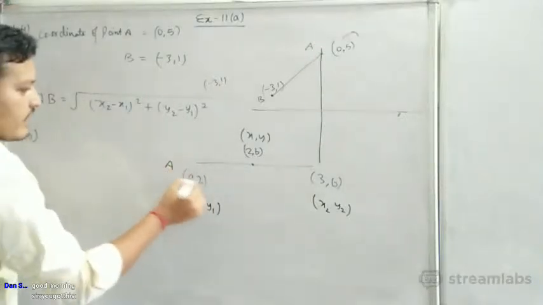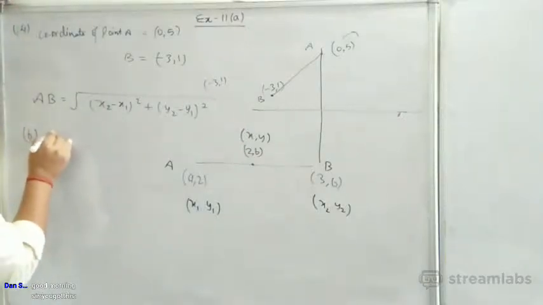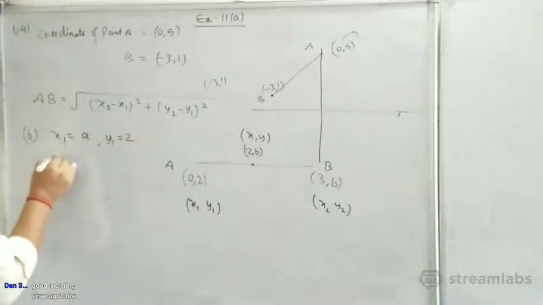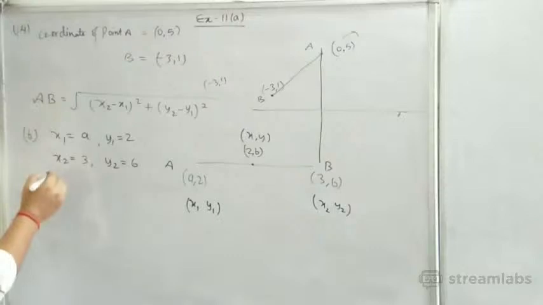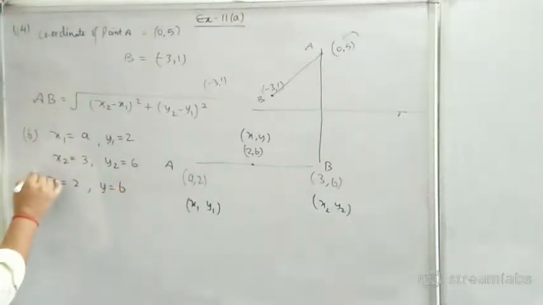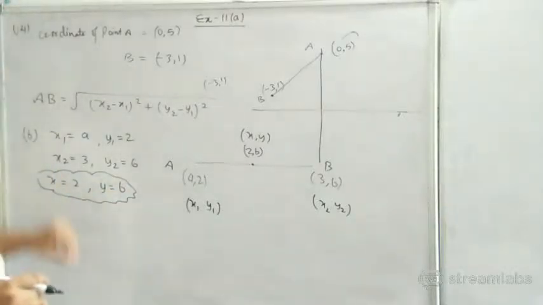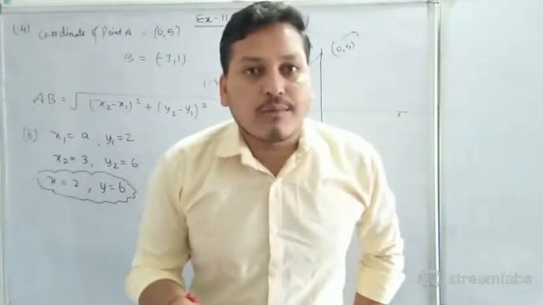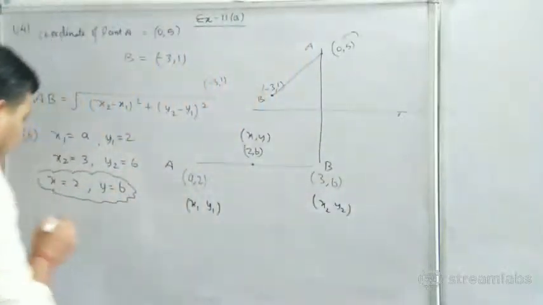Let this point be A and let this point be B. First write here x1 is equal to A and y1 is equal to 2, x2 is equal to 3 and y2 is equal to 6, and x is equal to 2 and y is equal to B. These are the coordinates of our midpoint. In the case of the midpoint you need no ratio, because m1 is equal to m2, the ratios are equal. So our midpoint formula is